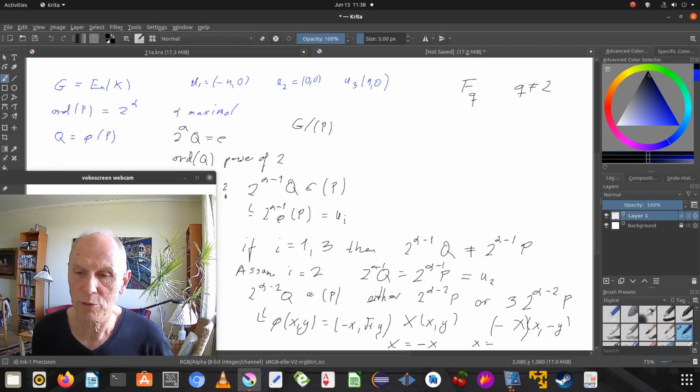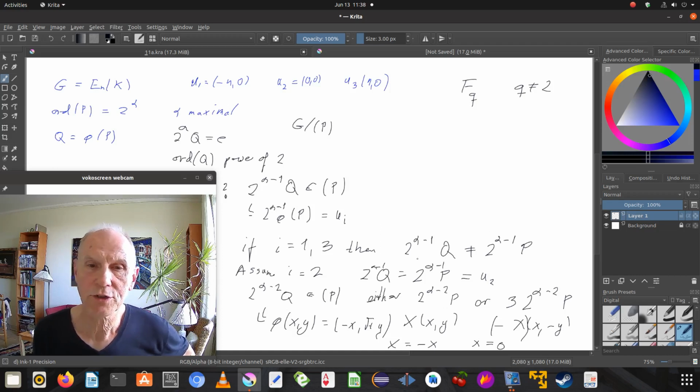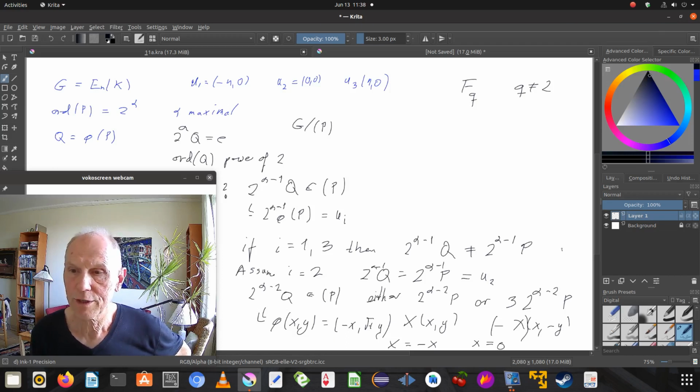That's only possible if X vanishes. Which is a contradiction. So in this case, alpha equals beta,